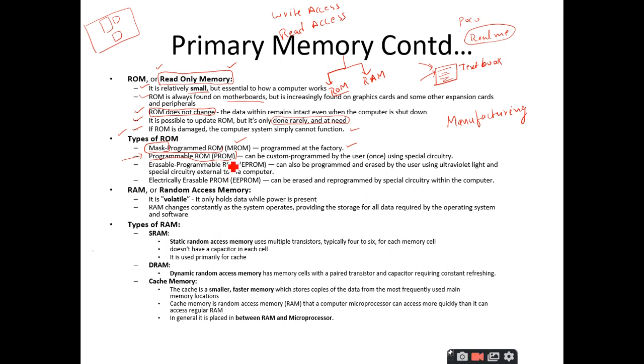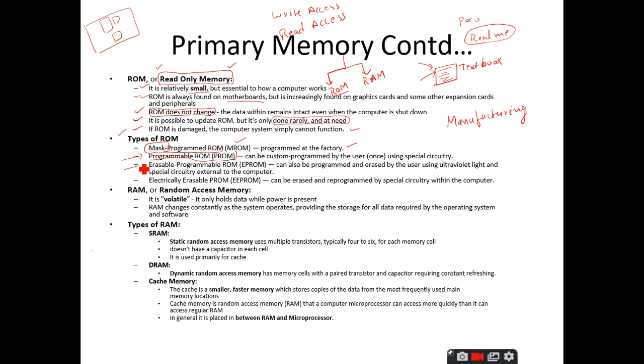So, this ROM allows us to program it, but remember that this programming is done only once. The manufacturer is going to give you some empty ROMs, and there are some special devices by which you can write your own content onto the ROM. But once you write it onto the ROM, that is closed. You can never rewrite it. That is called the programmable ROM. It allows us to program it, but it is only done once.